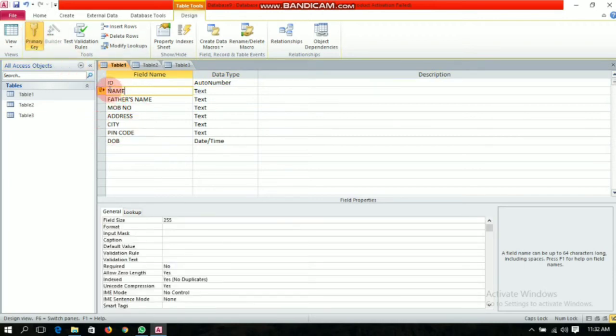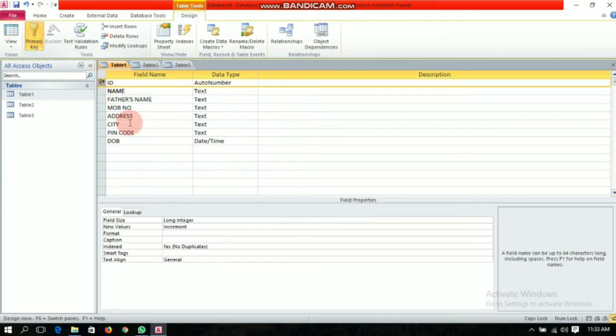See, now this key button is shifted as I have made the name field the primary key. You can make any field its primary key, and it will help only when you are merging two or more records.